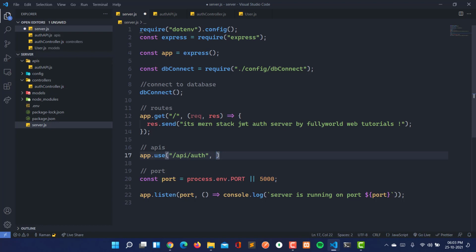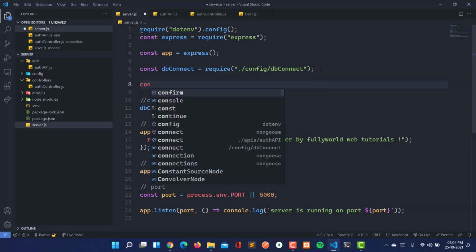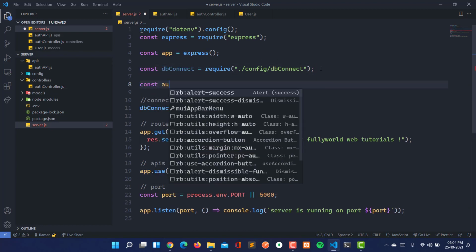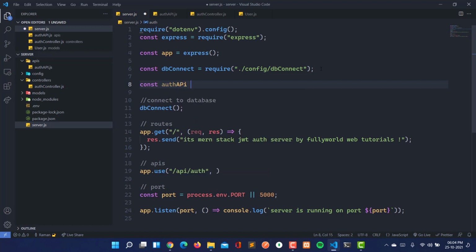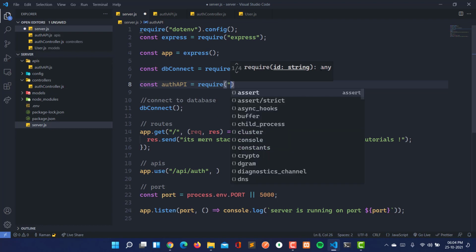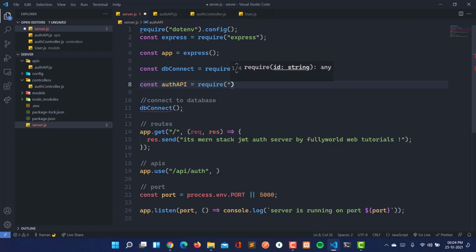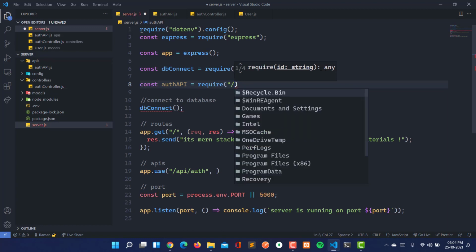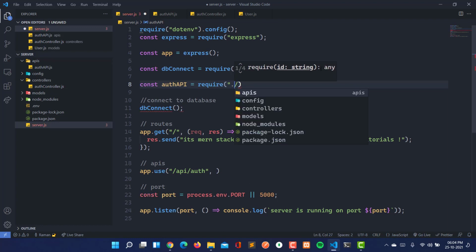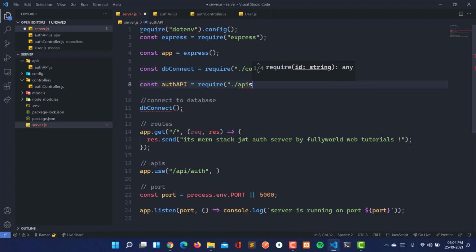Now first of all let's import. Here I'm going to import the auth API with require, from ./APIs, and then the auth API.